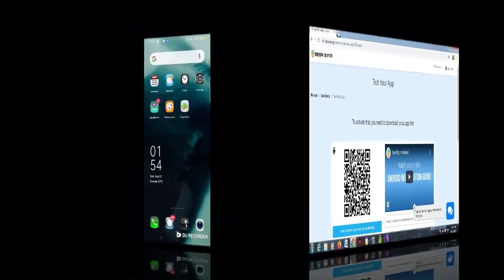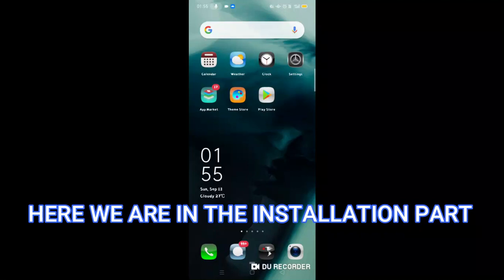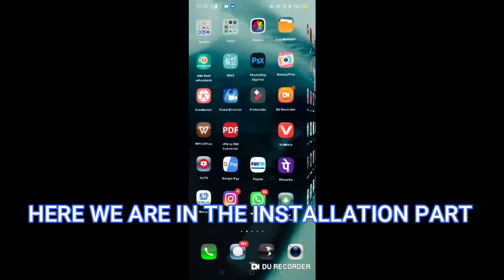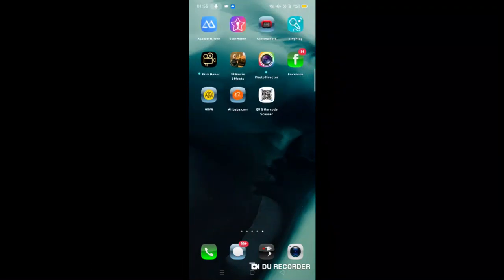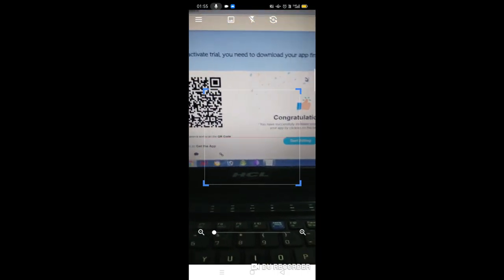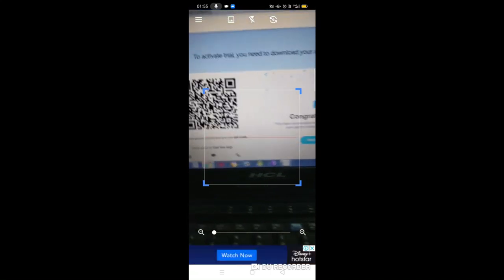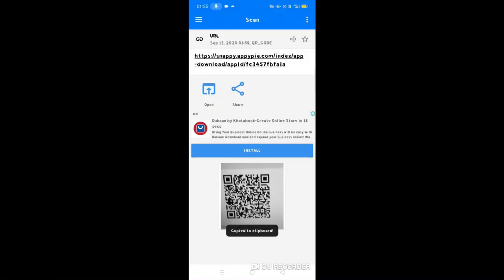Since we have created the app, here we are. What we need to do is test the app. So let's move on to the QR code scanner. You need to install this QR barcode scanner from the Google Play Store. Just click upon it. Here it is. This opens up. It will try to access your camera. Just give the permission. So my generated QR code is this one.